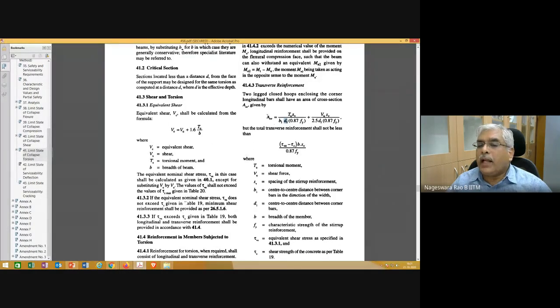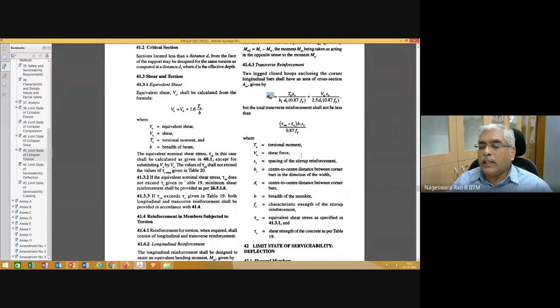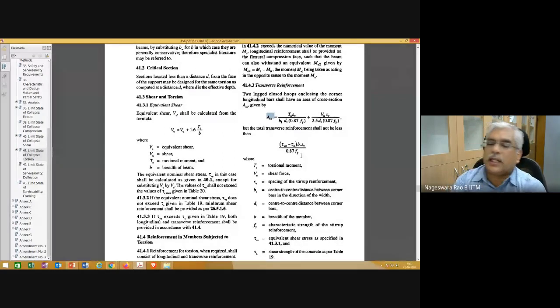And this is the area of steel, and also minimum area of steel, but the transverse reinforcement shall not be less than this value. Transverse reinforcement shall not be less than tau VE minus tau C using this relation. Okay, so this is how you need to design additional transverse reinforcement and also additional longitudinal reinforcement if required on the compression face as well when the RC member is subjected to torsional moment.